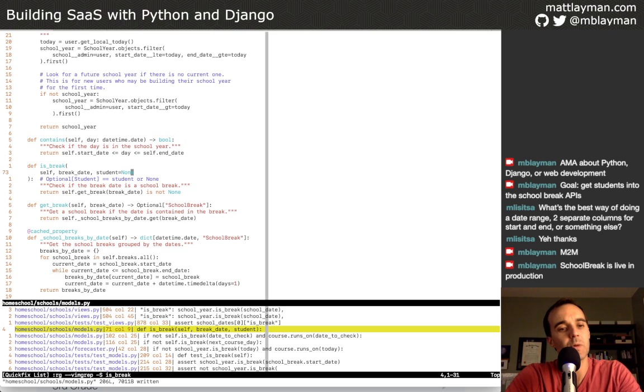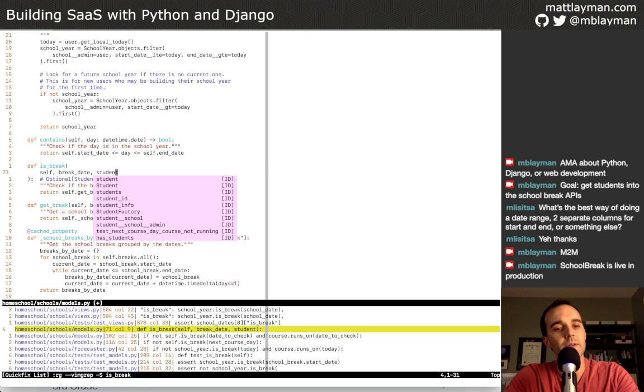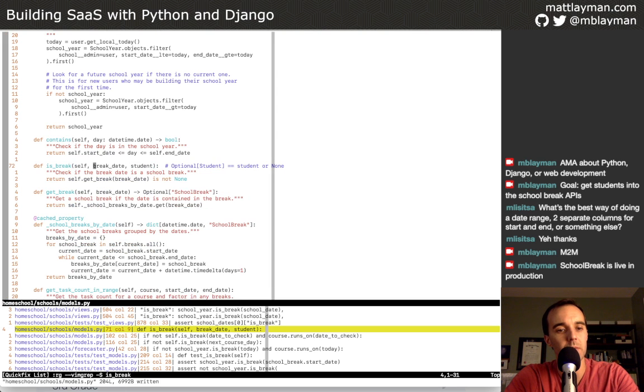And well, now that I'm writing this out, it's a question of, do I want to make it so that it has to be supplied? Like, what if I took this back off? So we make it look like an actual positional thing, but accept that the type of this could be an Optional Student. That's just a way of saying it is required. Should I make it required as a parameter, but then be optional? I'm not sure I like that. I think I'd rather have it be equal None.